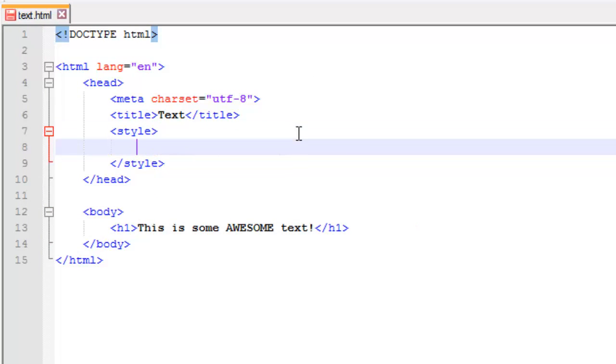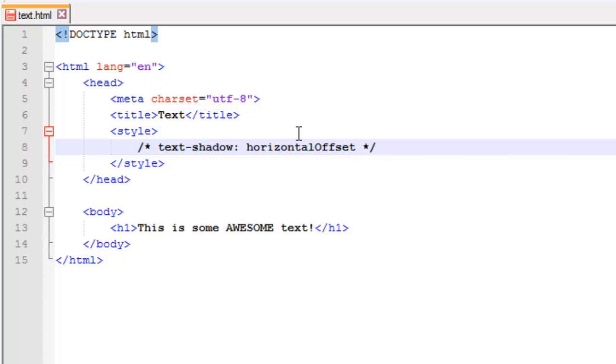I'm going to go up in my style here. First thing I'm going to do is add a comment just to give you the syntax for a text shadow, and it's text-shadow colon. First you have two mandatory properties with text shadow, and that is horizontal offset and vertical offset. The first one you're going to put is a horizontal